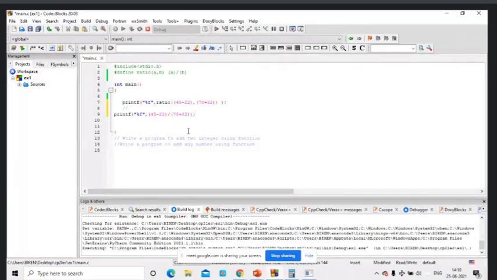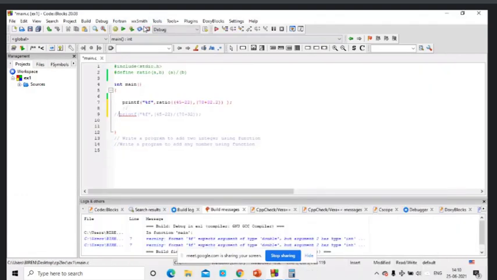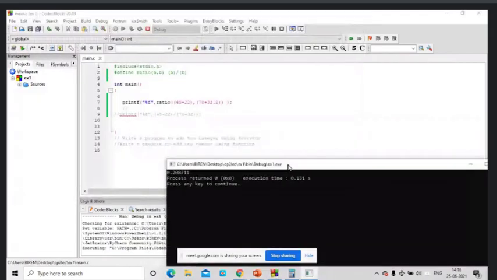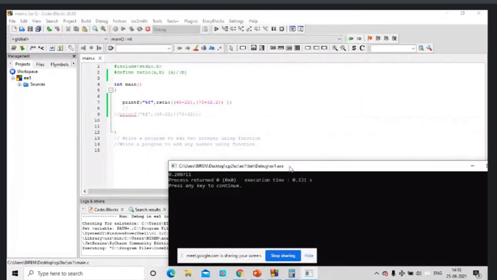So here, as per arithmetic, we are dividing integer with integer. We are dividing integer with integer. So we should get an integer as the answer. That's why we are getting 0. Let me change. So now it's clear.